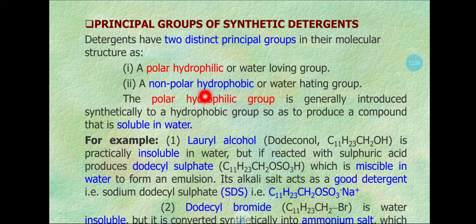The second is a non-polar hydrophobic part, which we call the water hating group. The polar hydrophilic group is generally introduced synthetically to the hydrophobic group so as to produce a compound that is soluble in water. For example,